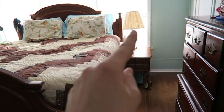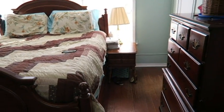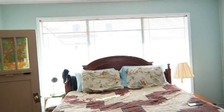I really want to find a nightstand that matches this one for Matt's side of the bed. We have another lamp like this, but he's got kind of a little rickety nightstand situation right now, and I don't want to put that lamp on what he's got. So here is our bedroom, the big windows again,